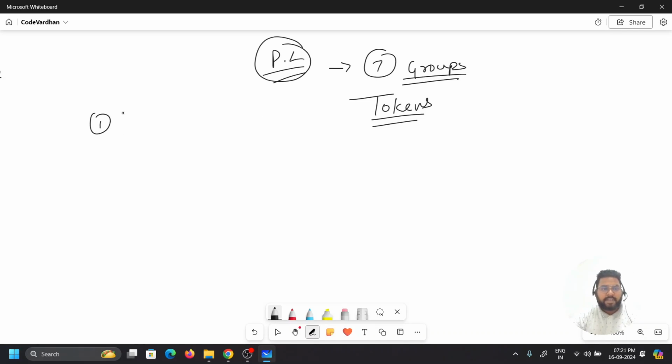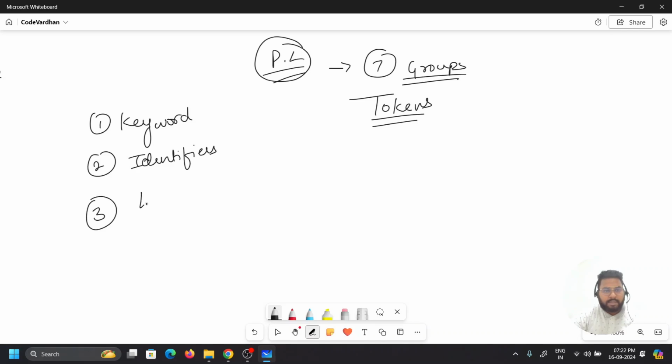First of all, we have keywords. Second, we have identifiers. Third, we have literals. Fourth, we have variables. Fifth, we have operators.